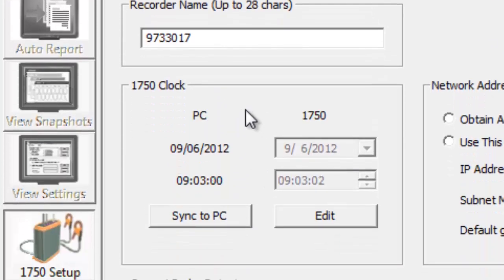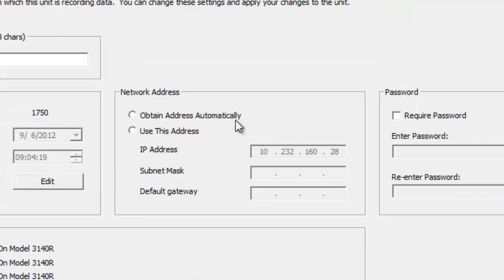Then below that is the ability to set the clock inside the instrument. We can do it manually, or we can simply click on Sync to PC, which makes it real easy to adjust the clock in the unit, but make sure that your PC time, date, and time zone are correct before doing this. Then over here to the right, we can control how the instrument sets itself up for the TCP/IP